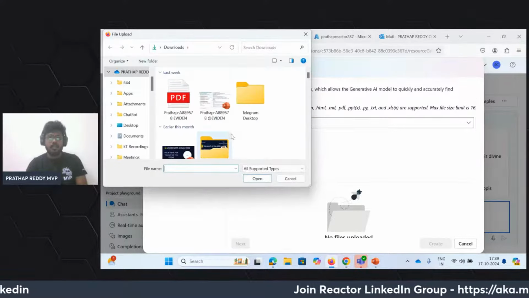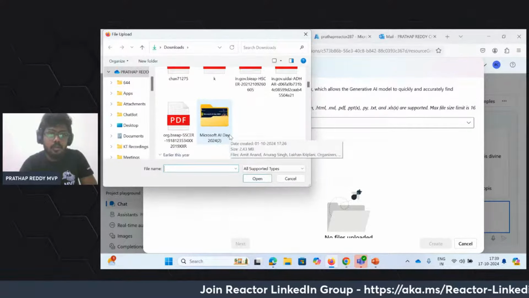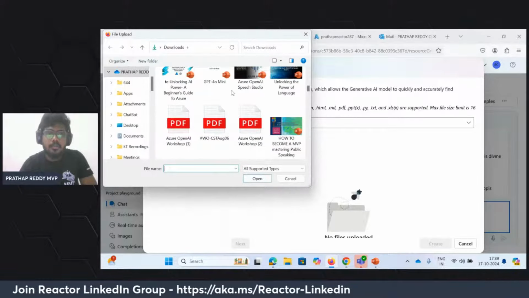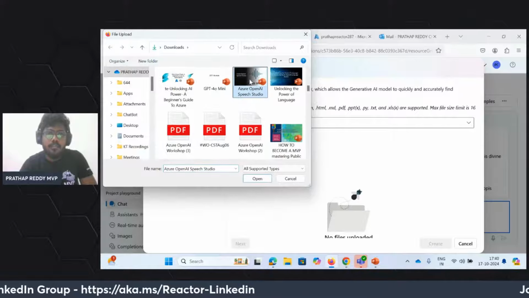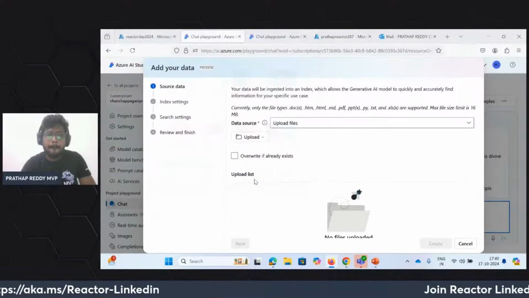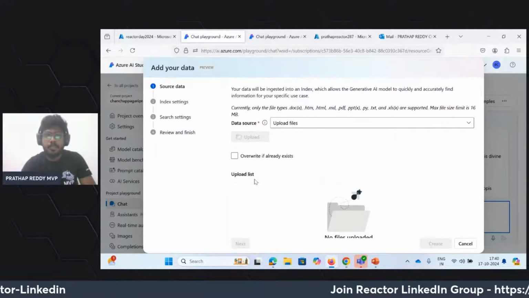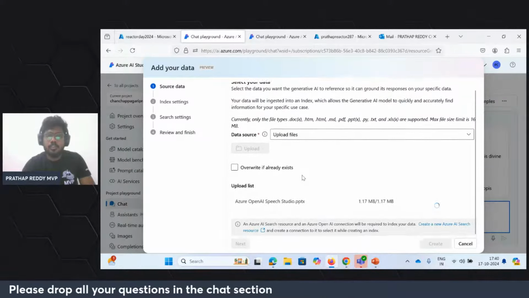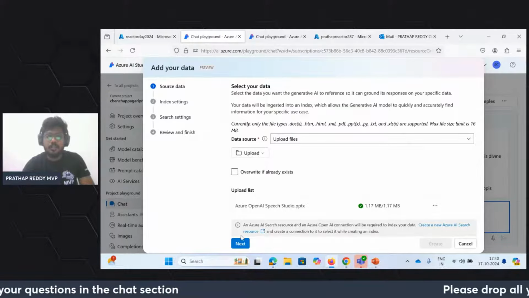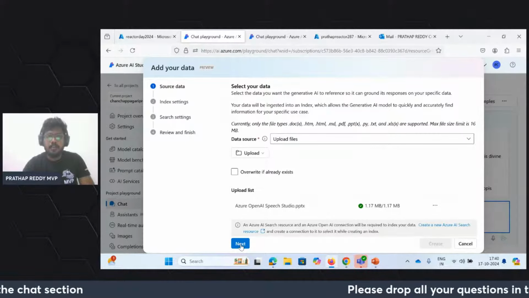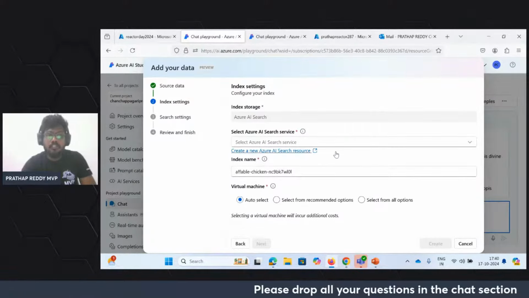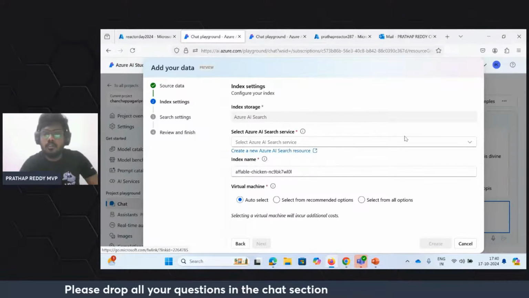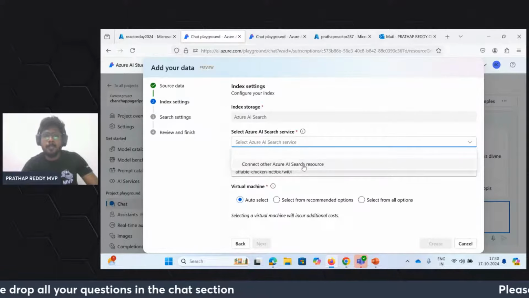Now I'm going to upload one PDF file about Azure OpenAI Studio. I just uploaded this file. Once it is done, tap on the next option. After this, we're going to give some index settings, so we need to create one Azure AI Search. I have already created one Azure AI Search, and